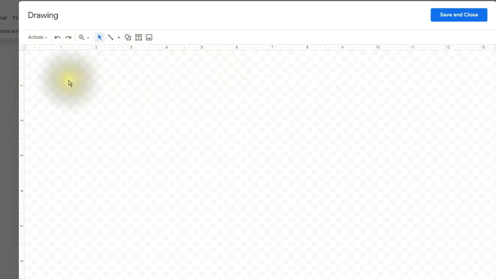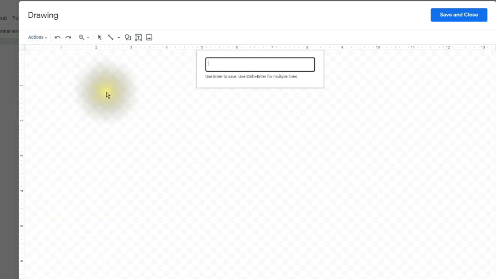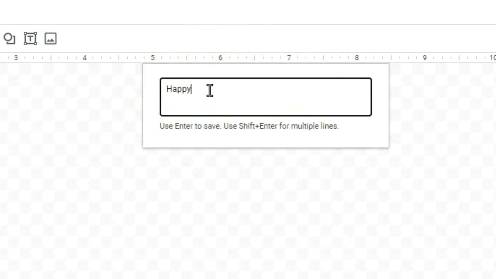33. Locate the Actions button and then click it to reveal its menu. 34. Click on the link called WordArt, which is found within the Actions menu. 35. A small text box should open as seen here. 36. Key in the word Happy without the quotation marks. Remember, do not use the Enter key to jump to the next line during this time.